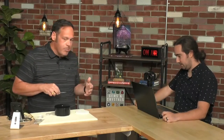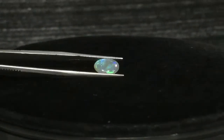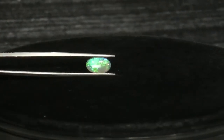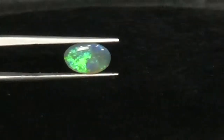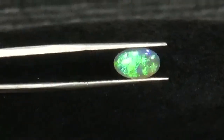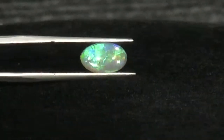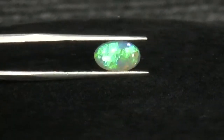Okay, so this next one that we have is another Lightning Ridge opal, and this is a millimeter varies. You have to say millimeter varies because they're cutting these to get the color out there and maximize it. So you might have a little bit of an off shape. It might be bigger on one end than the other. And we highlighted this one when we did our TikTok. Yes, we had this one on the live. And I think we were both a little bit astonished when we were looking at it,